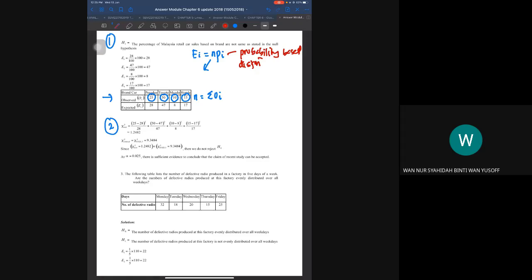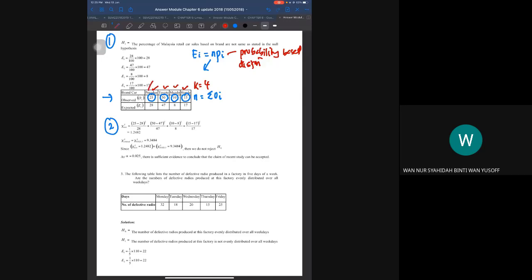For example, there is no percentage and no ratio, so we use the number of categories. We have Perodua, Toyota, Mazda and Honda. Altogether K equals 4, where K is the number of categories. So your probability here for the Perodua, the first category, is